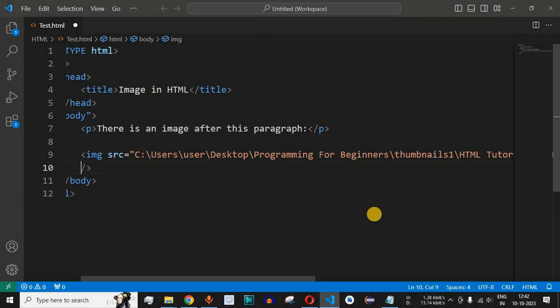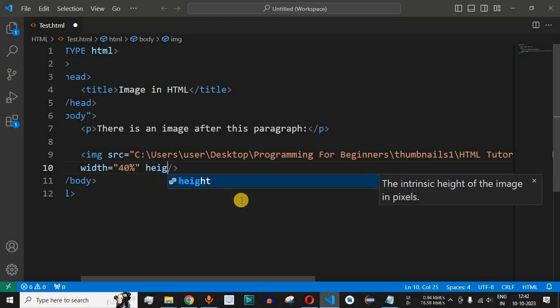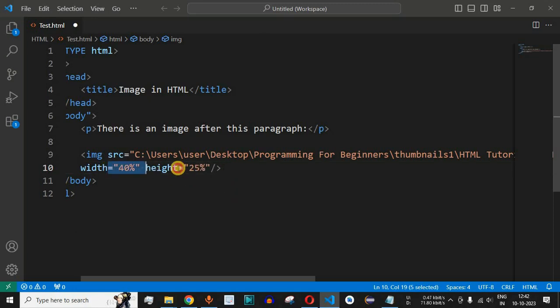So we can get the cursor on the other line, and then we can again have the width attribute. So guys, inside the width attribute we can say display only 40% of this image. So we will say 40% of width, and let's say height we want to display only 25%. So guys, after providing the width and height attributes as well, let me just save this file now and try